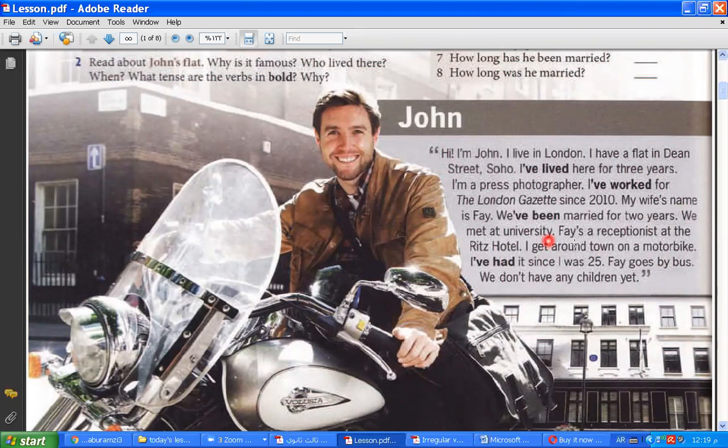We haven't started the grammar of this lesson yet. So inshallah tomorrow we start studying grammar about present perfect. So your homework for today is this. In this small text, I want you to write all the sentences in present perfect, for example, I have lived, I have worked. Just extract the sentences in present perfect. Please write them in your notebook.